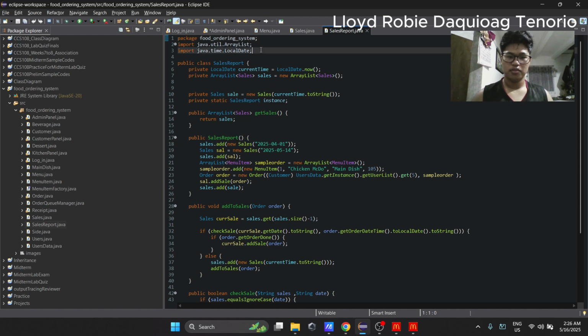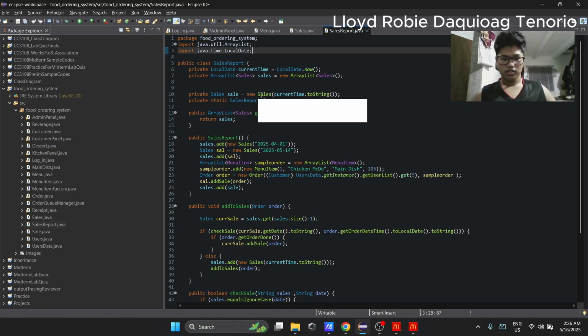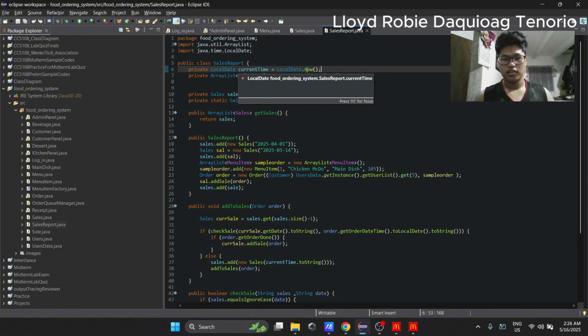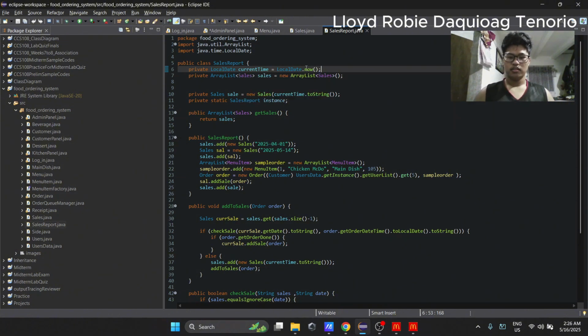Then we have also imported LocalDate so we can track the current date. We have these private fields again for encapsulation. For the first time that the program runs, we have current time equals LocalDate.now. This will get the current date.